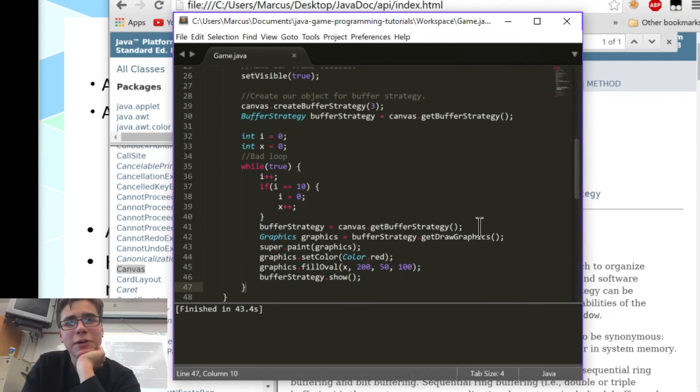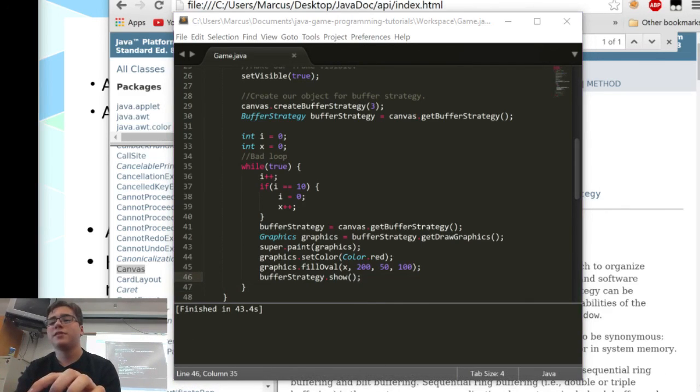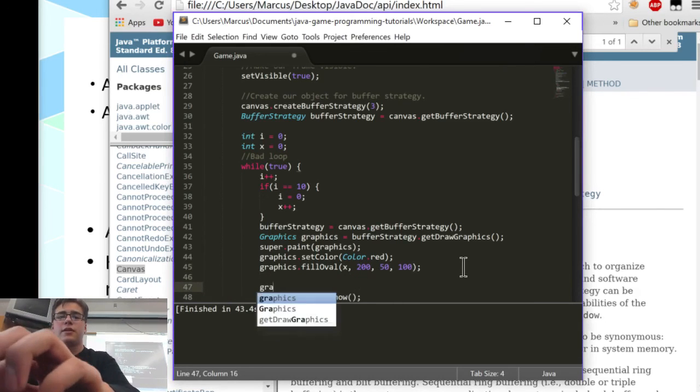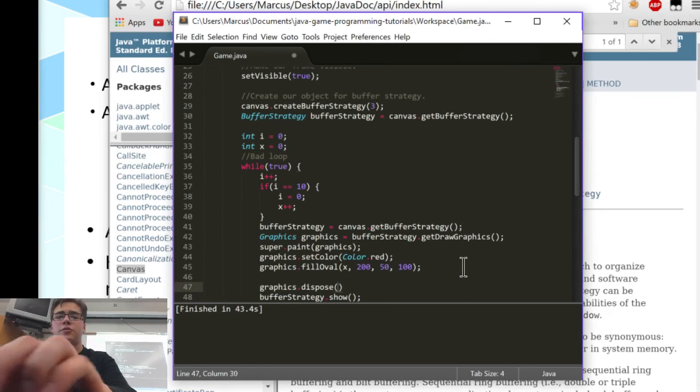One other thing that we're going to need to do, I guess you don't really need to do, I like doing it because when I got into C++, I had to deal with clearing memory a lot. We want to call graphics.dispose at the end of everything, before buffer strategy show.